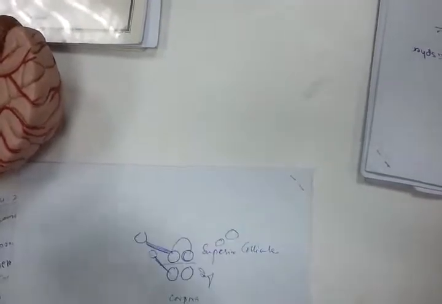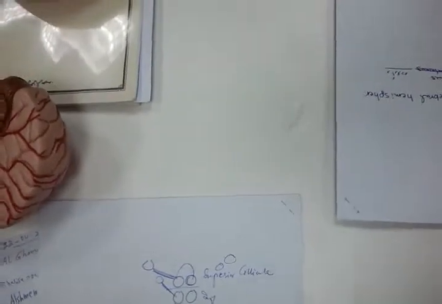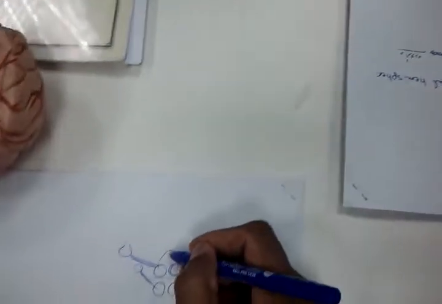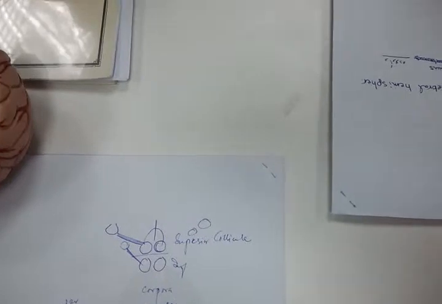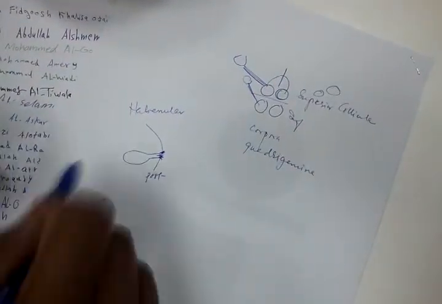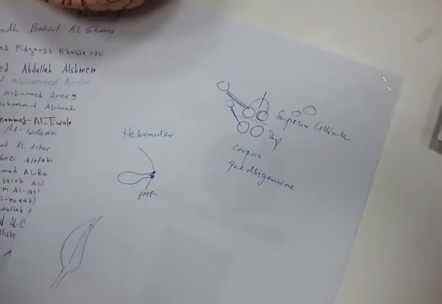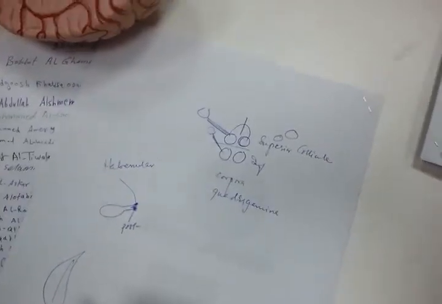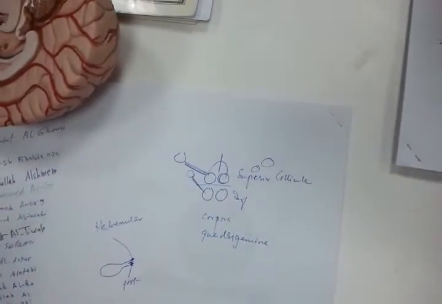These connecting fibers will be which type of fibers? Commissural fibers. This commissural fiber passes through the posterior commissure, which connects the two superior colliculi. If you cut the posterior commissure, what will be lost? The reflex of the other eye will be lost. Only the eye with the light on will show the light reflex, not the other eye.